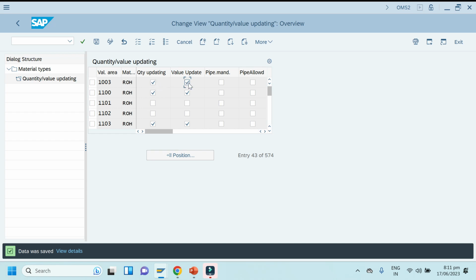If quantity update is selected, suppose this is selected, this is not selected, okay. If quantity update is selected, note it down, next point. If quantity update is selected